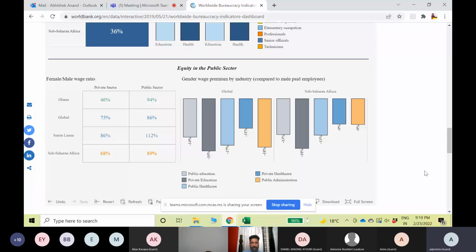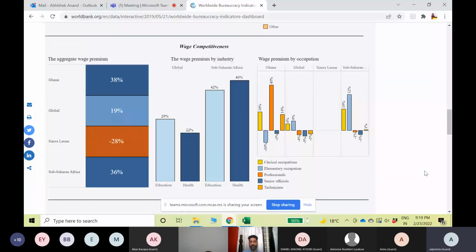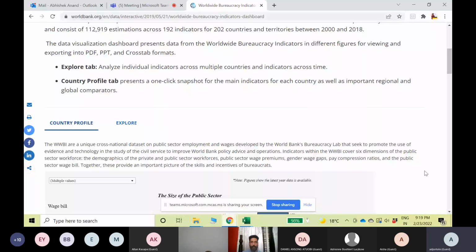Great. So again, I think this is what I wanted to discuss about this data set. There are, of course, other charts, but we don't have enough time. But the idea was basically, when this survey was done, we knew that there are these issues that different countries face, and we want to...